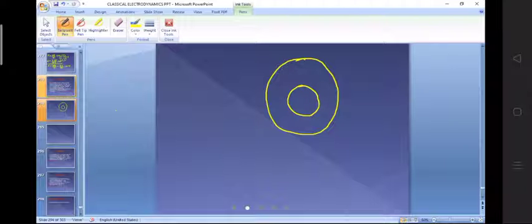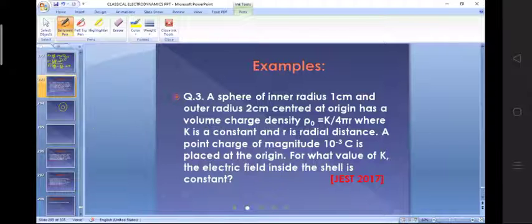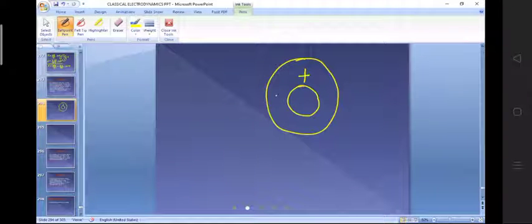Then what's given to you, pay attention here, beta. Number one is that the charge density is somewhere here. So this is a positive charge density. Okay, great, perfect. Then there's a point charge at the center. You see clearly. This is the inner radius which is equal to A, and this is the outer radius which is equal to B.